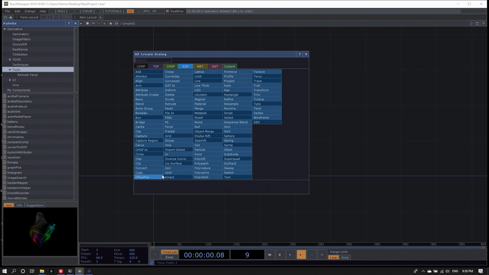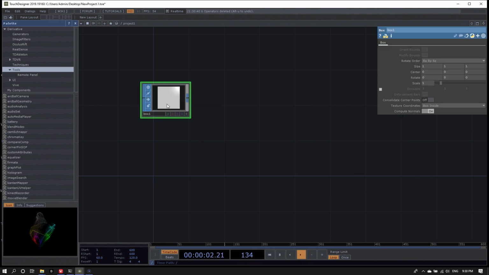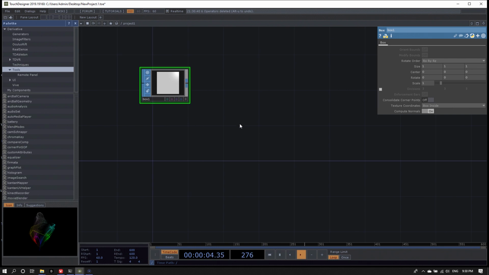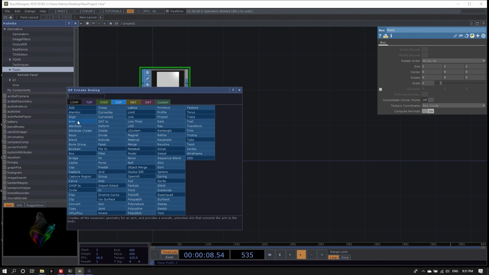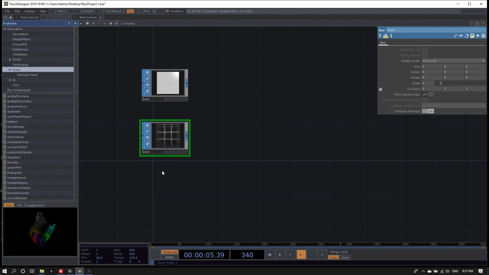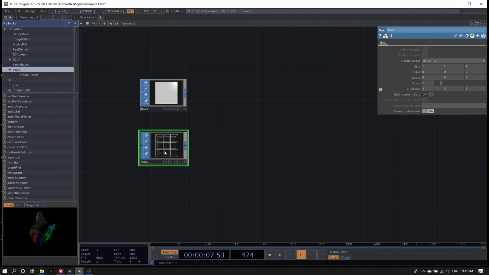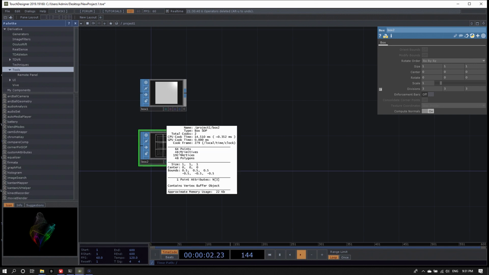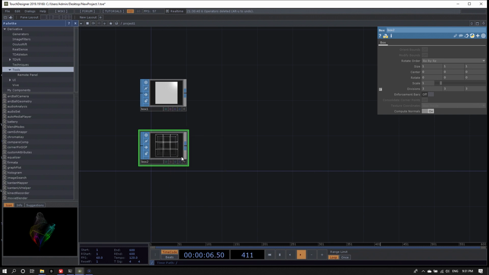But let's start from the beginning and create a box, which will be the box that will be copied onto many different points. And these many different points will be another box where we turn the divisions on. 3 by 3 by 3 is fine. That means we now have, that should be 27 different points. Actually 64, whoops. Oh, it's 4 by 4 by 4, yes.